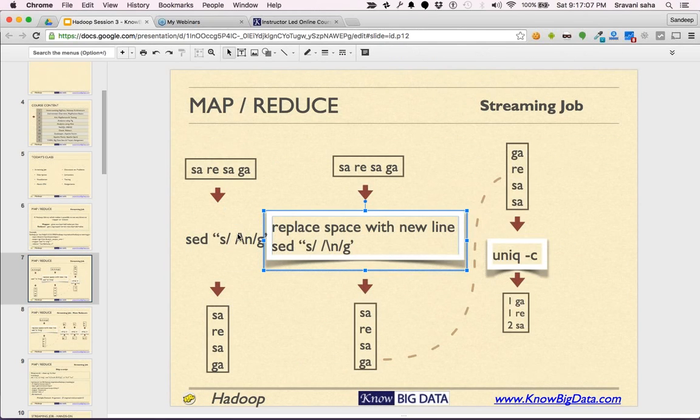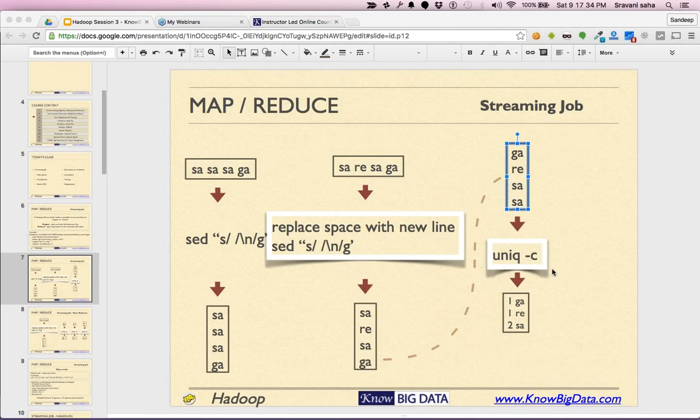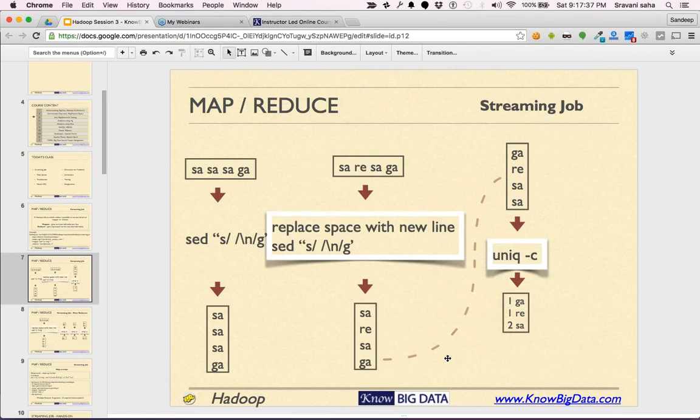Similarly, these things are going to happen parallelly on all of your nodes. So if there is another node containing, say, ga, then it is going to convert that, and then this also will get taken by Hadoop, sorted and merged here, and then given to the unique command. This is what is going to happen.